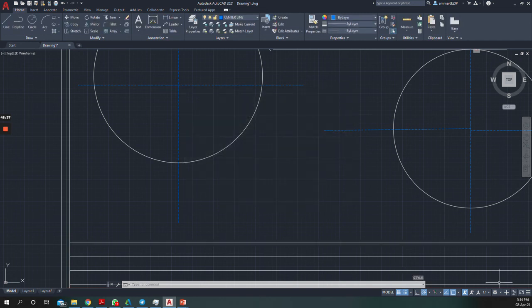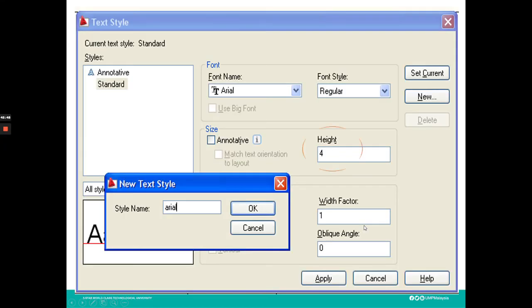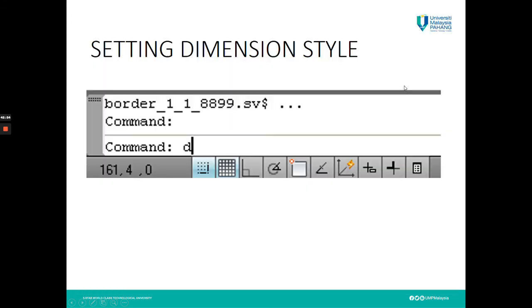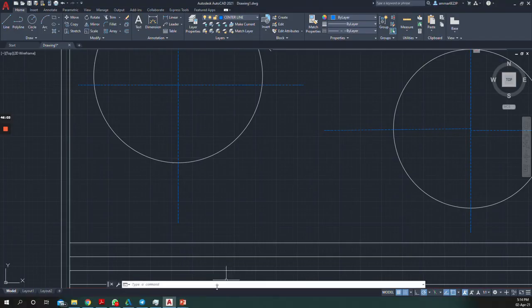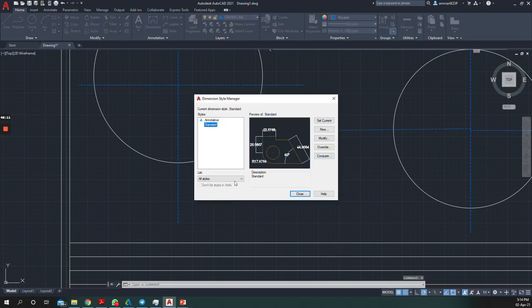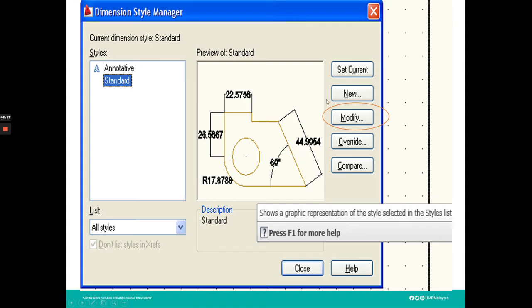Okay, so you know that this is your drawing. So set the dimension, the border of the dimension. Once you're setting that, you set the height Arial, and then set the new current Arial and set current, then set the border D, okay, the dimension. Find the dimension D, type here below for the dimension. Okay, set the dimension as well. Before you draw anything, you set the dimension, modify it. Okay,